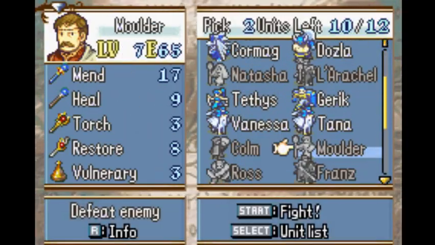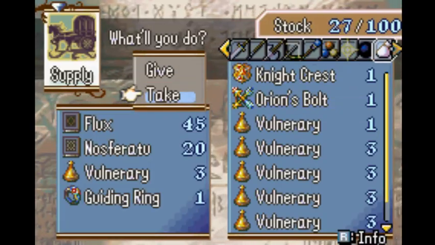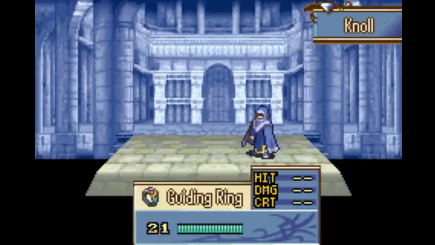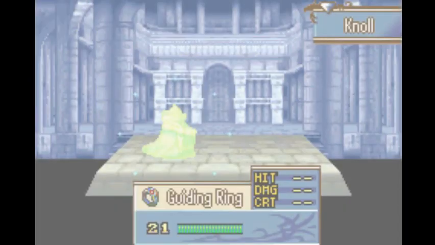Chapter 15 is a bit of an interesting map. It's the desert map of this game. Every Fire Emblem game tends to have at least one desert map, so that's its occurrence in this game, Chapter 15. Desert maps can be quite annoying for a few reasons, but before I go into those reasons, let's talk